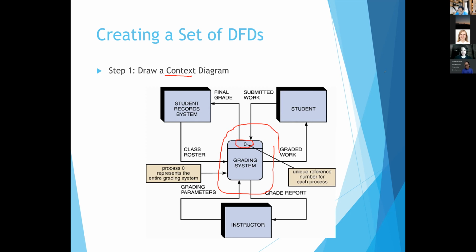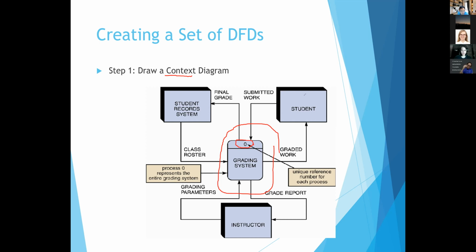The name of the process must be the name of the system. For example, in here, this page is showing the context diagram of a grading system. For example, if you say that you would like to develop the Sky++, let's say, the context diagram of yours must be one process, number 0, called Sky++ system. Just that. We begin with this one first. It's the center of the page. Draw a process symbol, write number 0, and write the system name. After that,